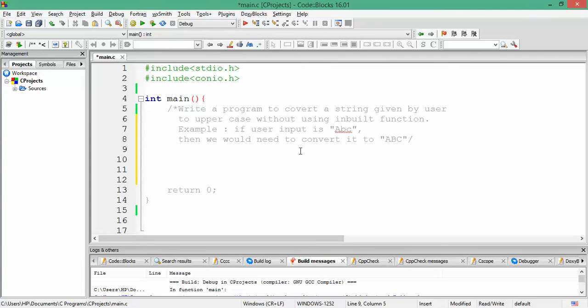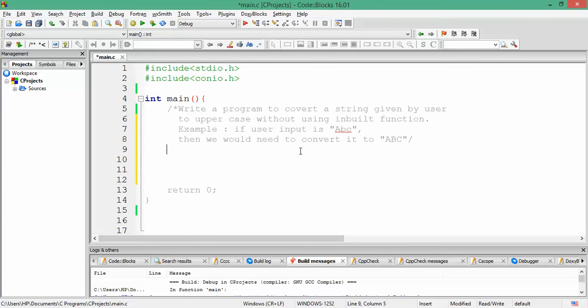If such conditional statements are used, there should be 26 such if else conditions to check each of the characters of the English alphabet, and that would make the code very huge. Even if we are using switch case, there would be 26 different cases to check, starting from small a, small b, up to small z. In that case, the code would become very huge.